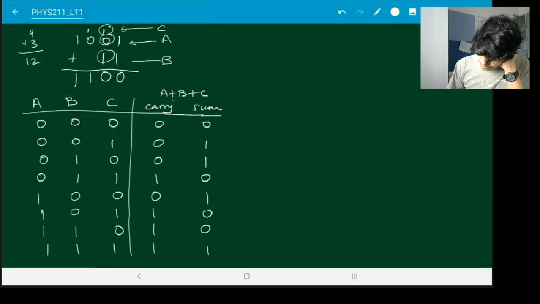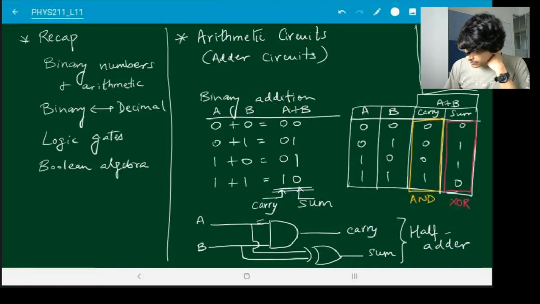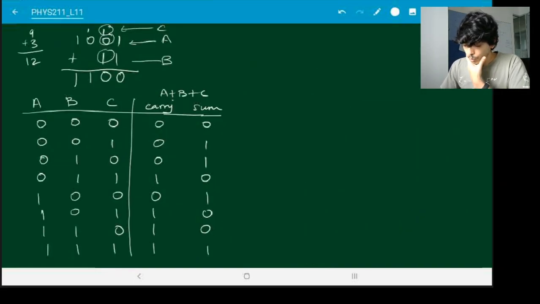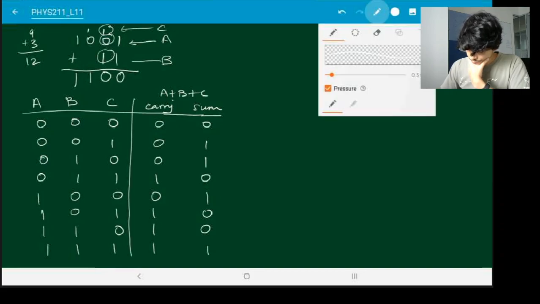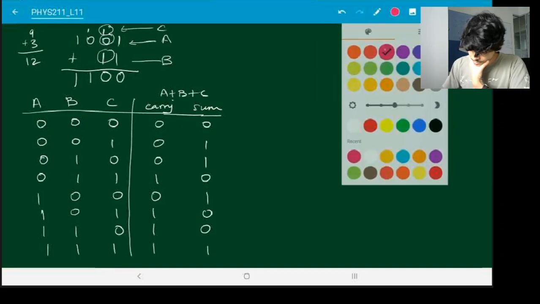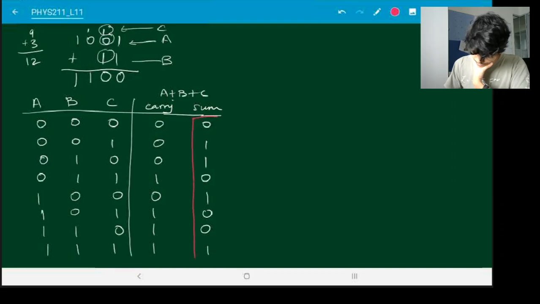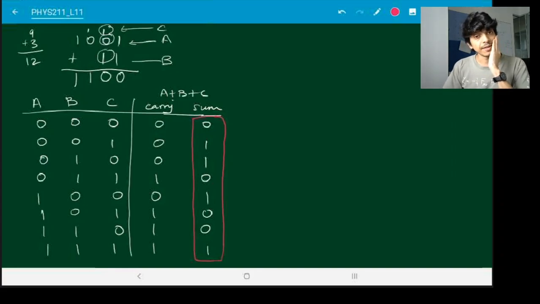Last time for the half adder we noticed that the carry bit was given by AND, the sum bit was given by XOR. What can we say about this? If you look at the sum bit, this is once again given by XOR, but with 3 inputs A, B and C. Just to remind you, you can also have logic gates taking multiple inputs at a time.